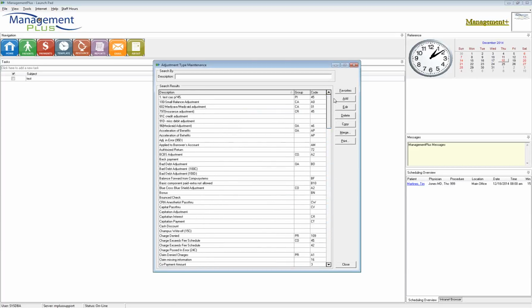Now, over time, your table can get pretty full. People add new adjustment types that don't match up to codes, so when that EOB comes in, because Management Plus cannot find an exact match, it will automatically add another one. So the first thing to clean up this table is to have someone in your billing department sit down and go through this list. Don't worry about the description so much, but you want to pay attention to